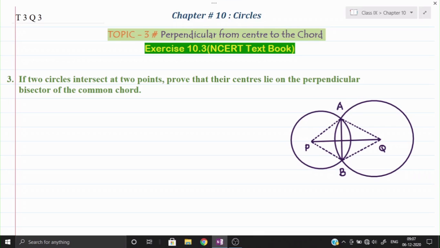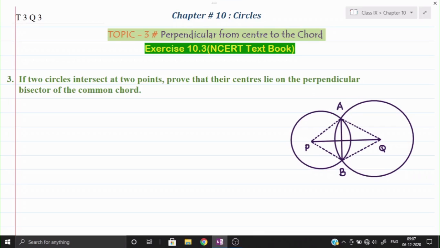Okay, sorry. So if you join AB, chord AB lying in the smaller circle whose center is P, and chord AB lying in the bigger circle whose center is Q. Okay, so now what they are saying here: prove that their centers lie on the perpendicular bisector of the common chord. Means if you draw the perpendicular bisector of the common chord, chord AB we have given here as a common chord,